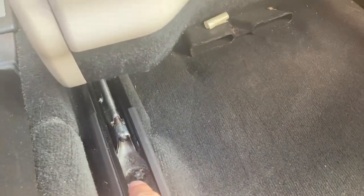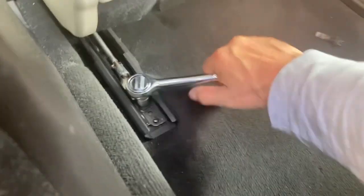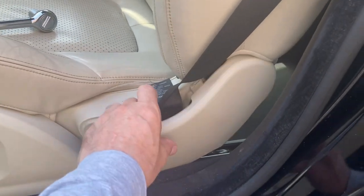Again, on the passenger side, I've rocked that seat all the way forward as far as it will go, and now I've got to take out these 2. Still using an E14. It's quite tight. With the bolts undone, you've now got to take off the